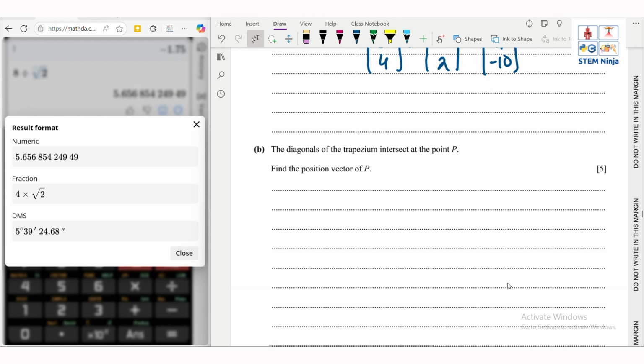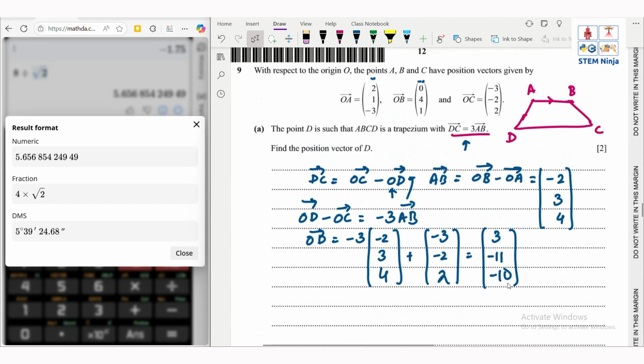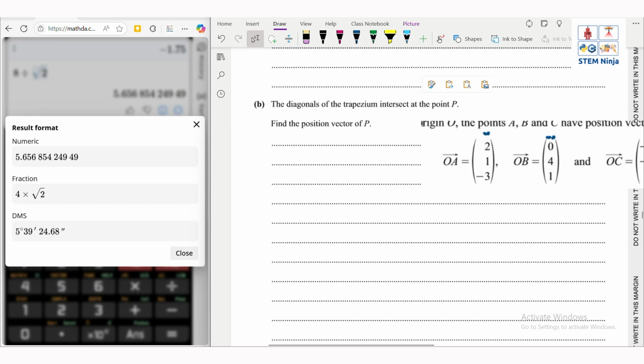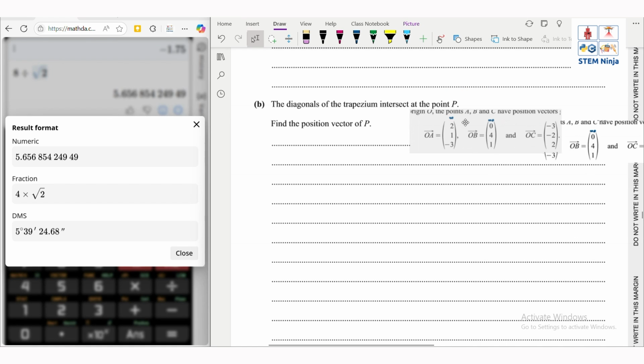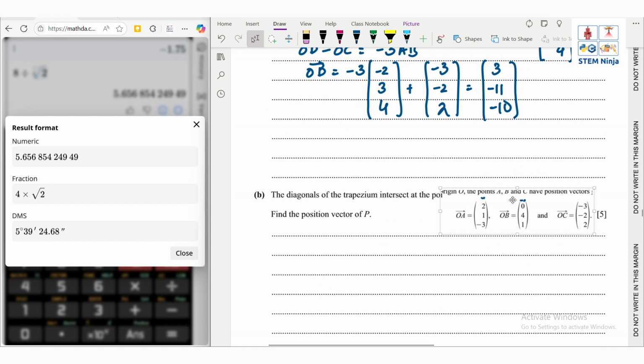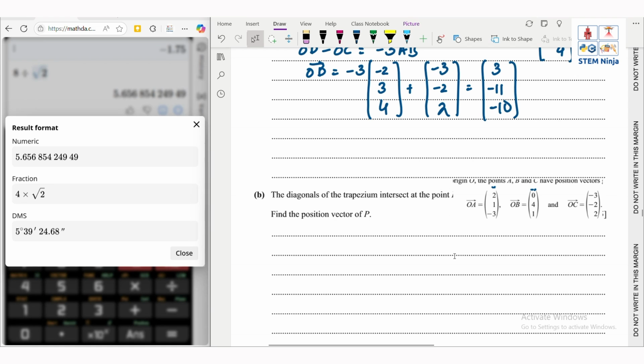The diagonals of the trapezium intersect at point P. Find the position vector of P. Okay, so we have to find the line equations first. So DB and AC. First what we do is we place this over here, so we don't forget this. D we have over this. So we have two lines over here, DB and AC. So line through